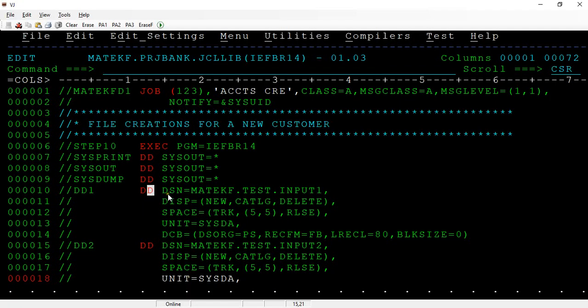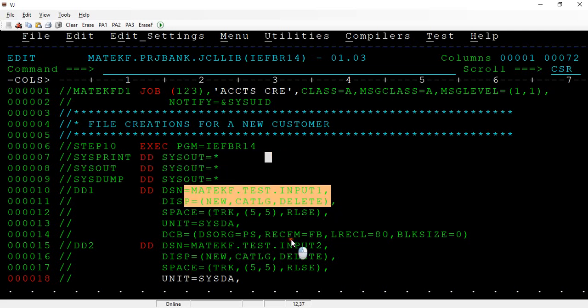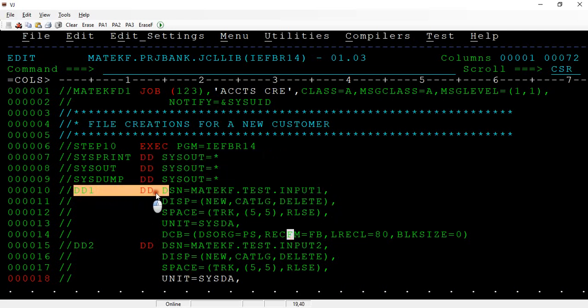If you look at this particular JCL, I am defining the user defined DD name, and at the same time you will have a system defined DD name. SYSPRINT, SYSOUT and DUMP are routing the diagnostic messages of this particular utility to the spool so that you can see that specific message. Everything is data: it can be log information, message information, or it can be related to the file that you are using. Here specifically we are creating a file.